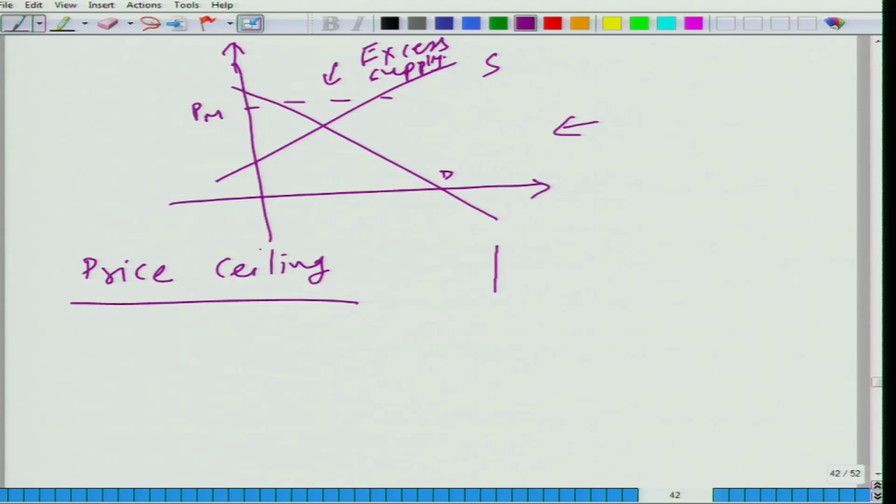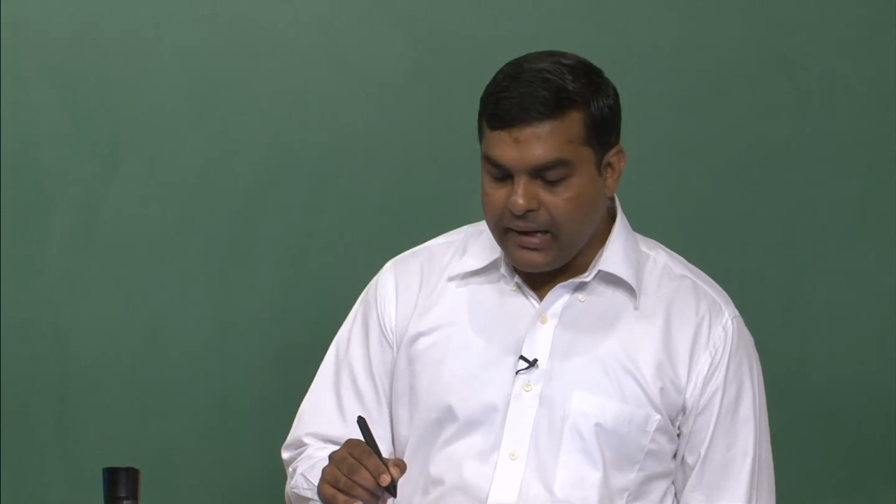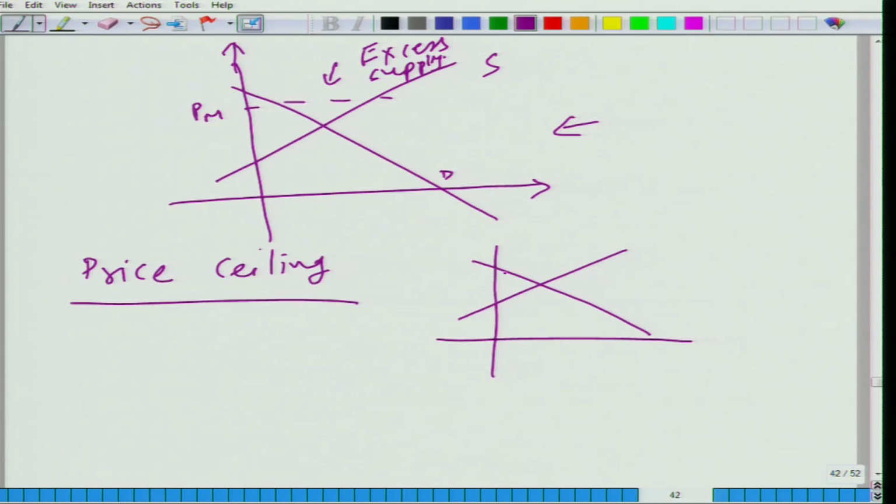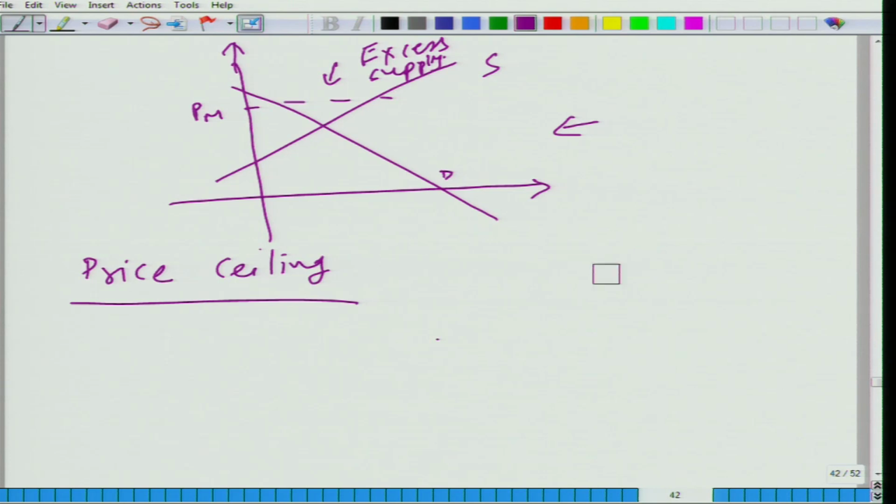So, in that case what happens? Now, there are two possibilities. If that level is above the market equilibrium price, nothing will change. You can go up to that level, but the market itself is operating at the lower level, so there is no problem. We get into problem when the price ceiling is below the market equilibrium level,